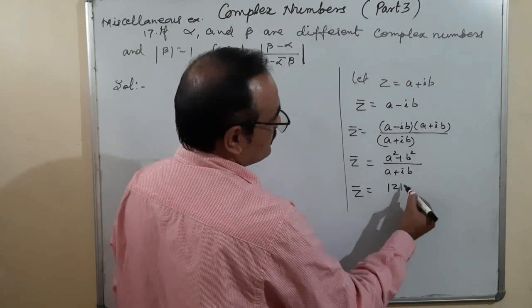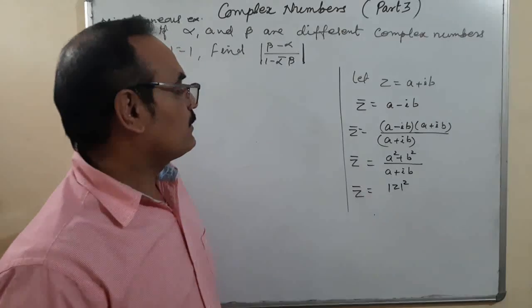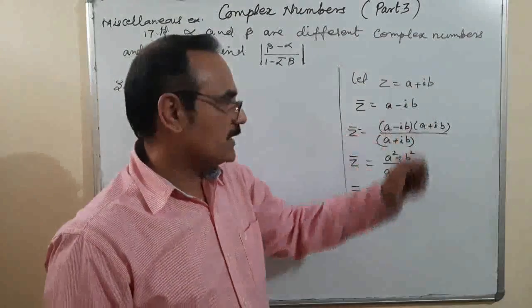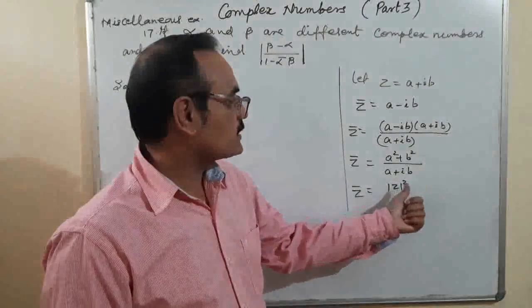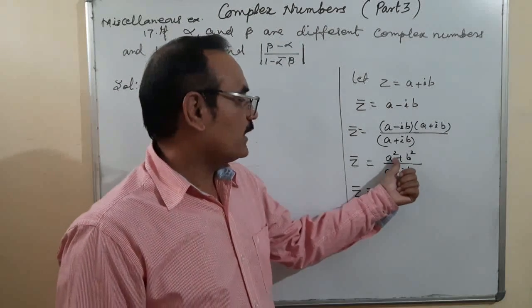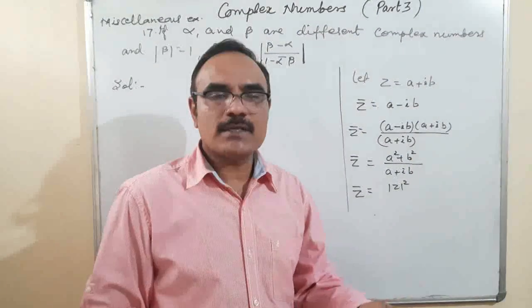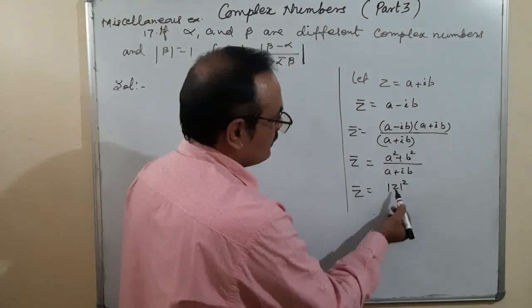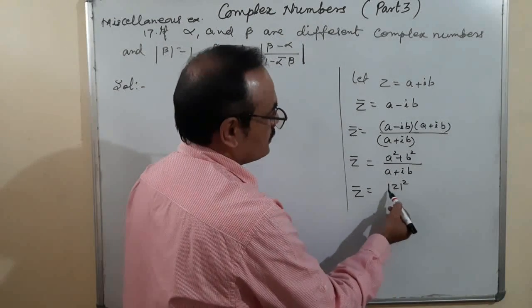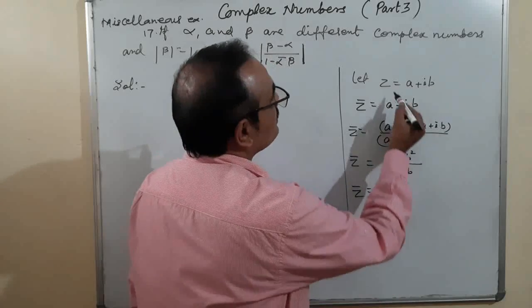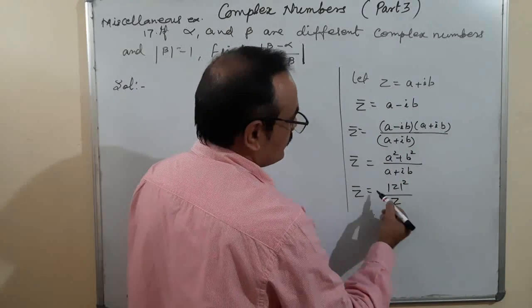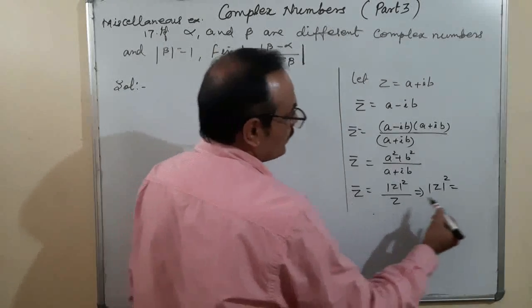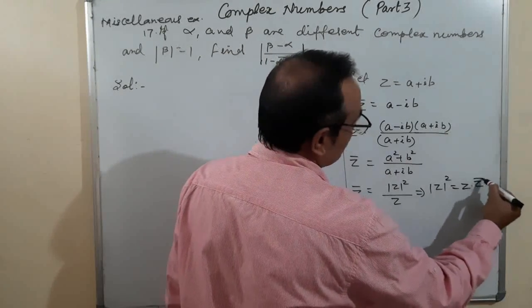If you see it carefully, conjugate of z is equal to (a² + b²) upon z. When we multiply z by z conjugate, what happens? This is a² + b², the square of the real part plus the square of the imaginary part. What is it? It is modulus z, and since it comes in a root, therefore whole square. So there is a relation: magnitude of z square is equal to z into conjugate of z, isn't it?